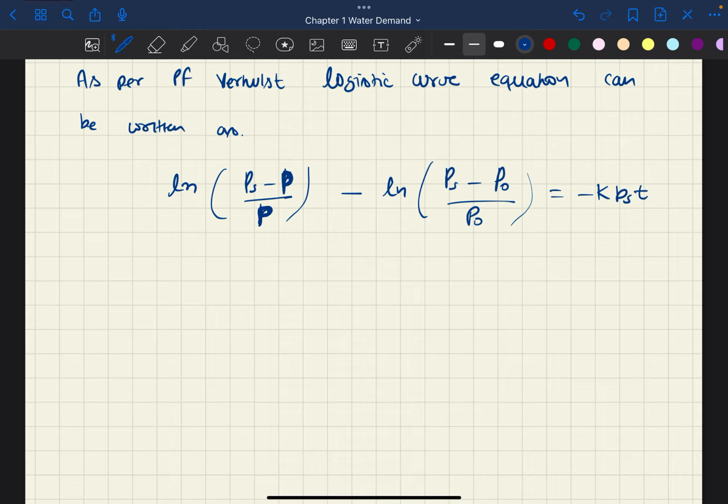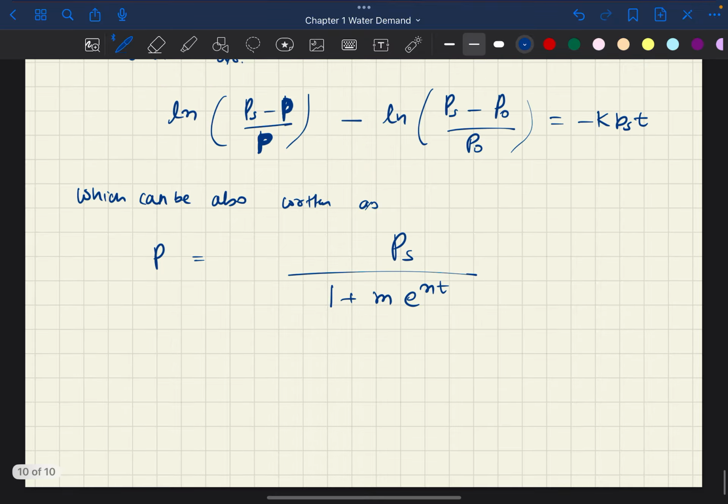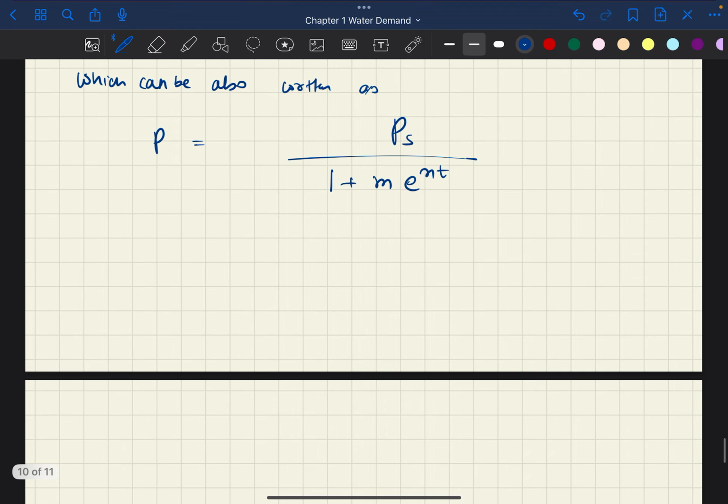We are writing all P as capital, which can be also written as P = Ps / (1 + m e^(nt)), which is also equal to Ps / (1 + m ln⁻¹(nt)). E raised to power can also be written as ln inverse nt. Here Ps is saturation population,